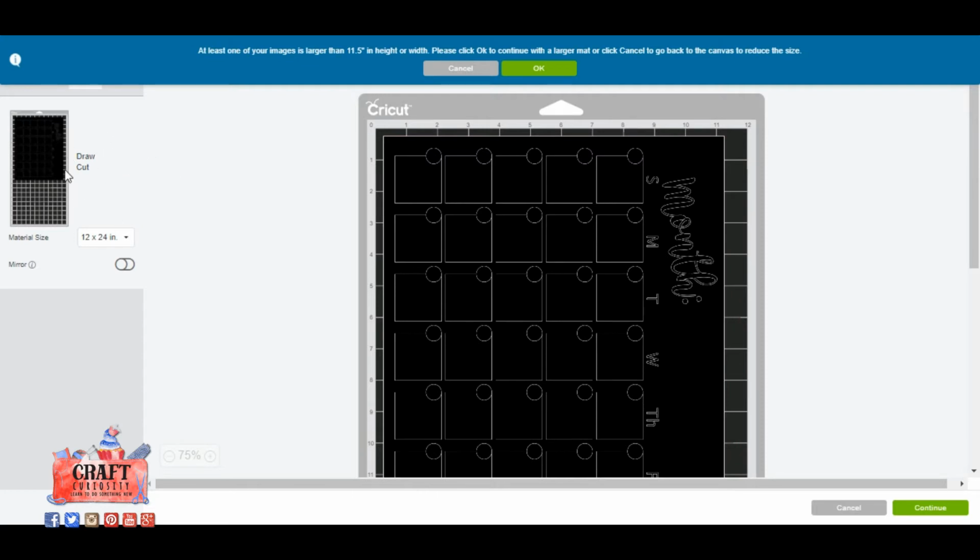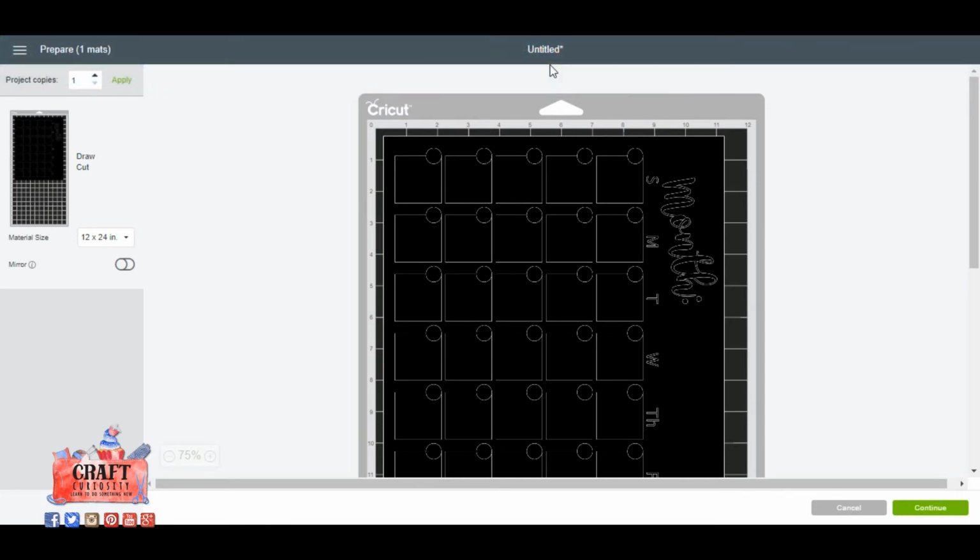Also, you can see right here it says draw and cut. So the other thing you want to look at is it says at least one of your images is larger than 11.5 in height or width. Please click OK to continue, and you're just verifying that you have the larger mat, but they want to make sure you see that. So we've done that, everything's set,